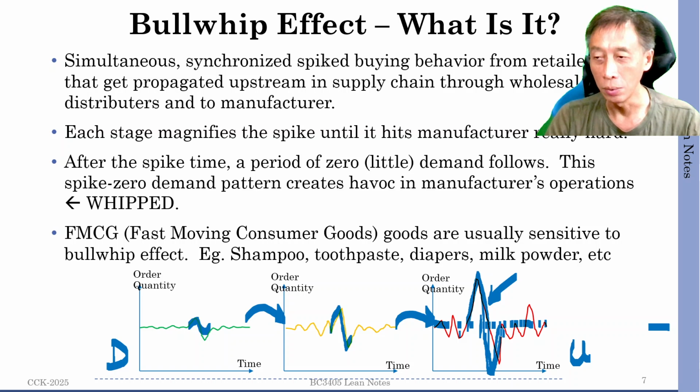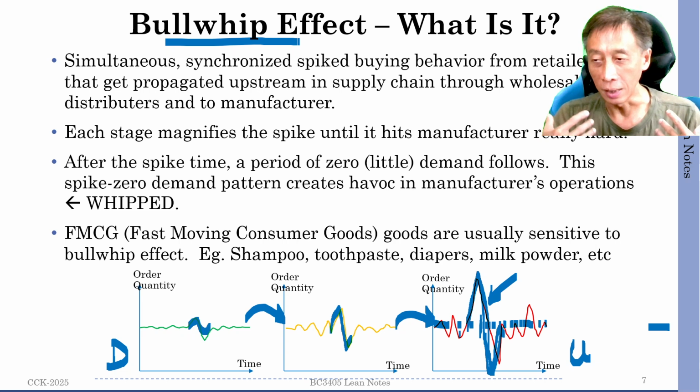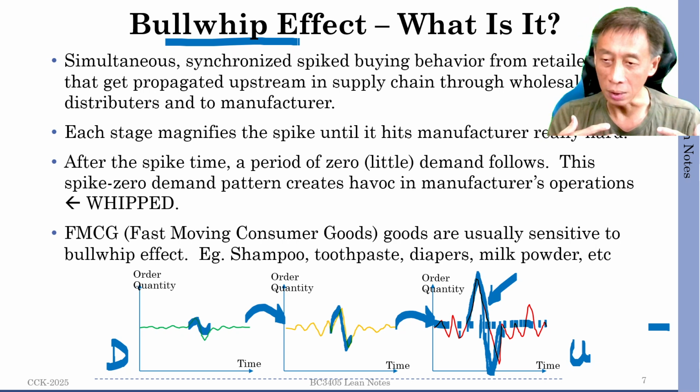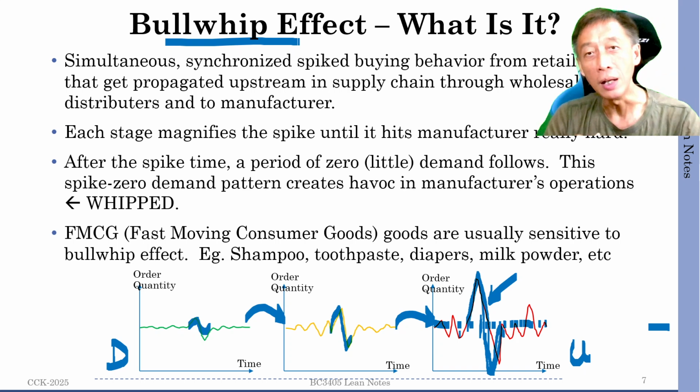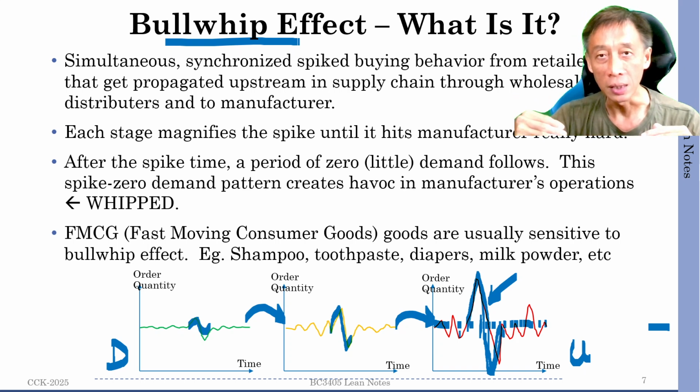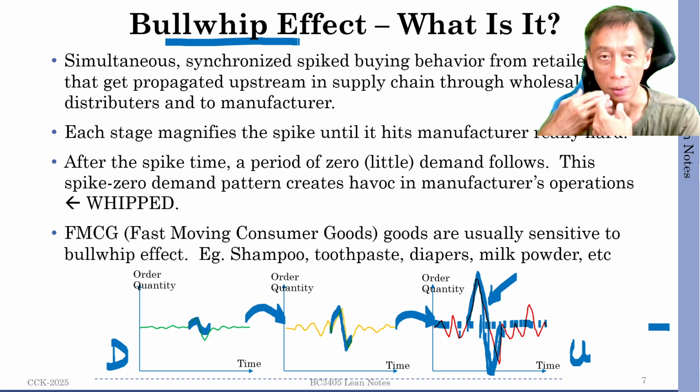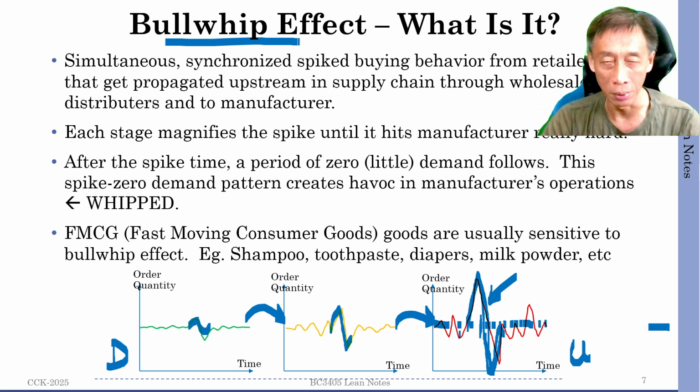And so that basically is what the bullwhip effect is all about. This observation that, as Forrester noted in the 60s, as you go up the supply chain, the fluctuation in demand increases, right? And it increases not by an imperceptible amount like 1%, 2%. It increases by an observable and unreasonable amount.